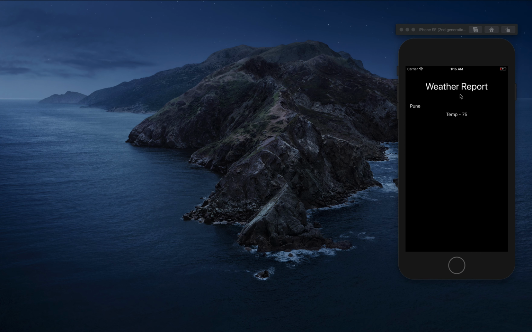Today we are going to create one application in SwiftUI. Our application will be a weather report application. It will be using the MVVM design pattern to fetch the weather report. Suppose I type the name Delhi and press enter, it will fetch the temperature of Delhi. Same if we type Mumbai, it will fetch the temperature. Again for Pune, like this. So let's create this application.